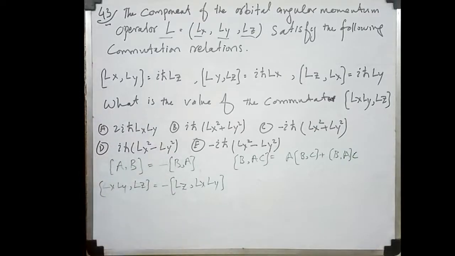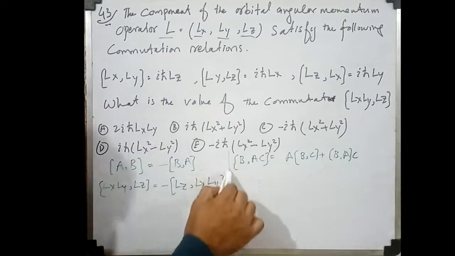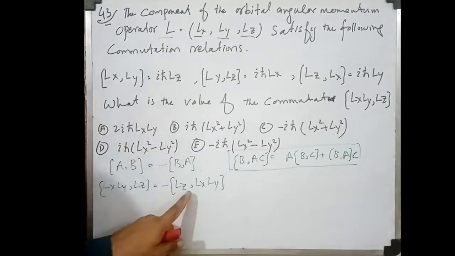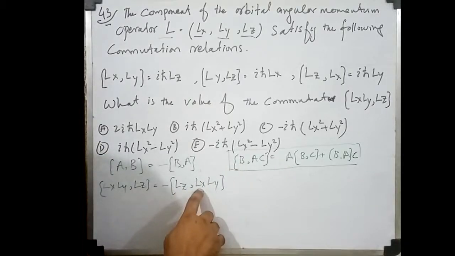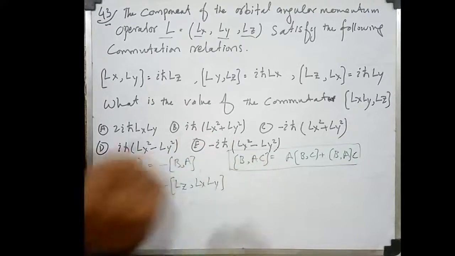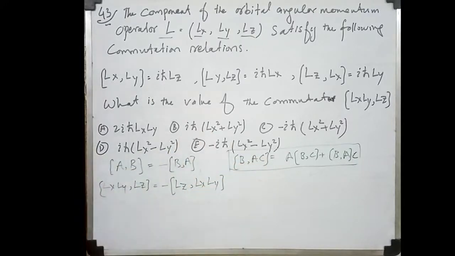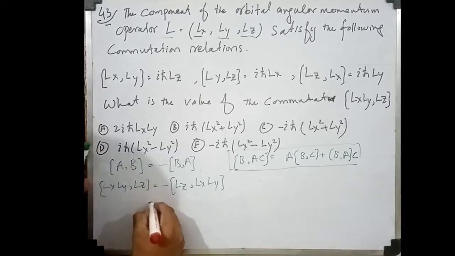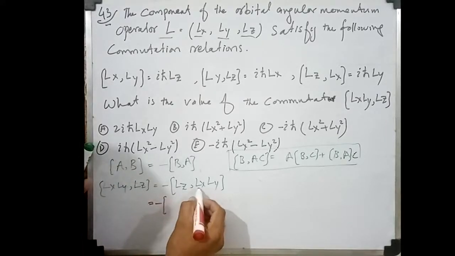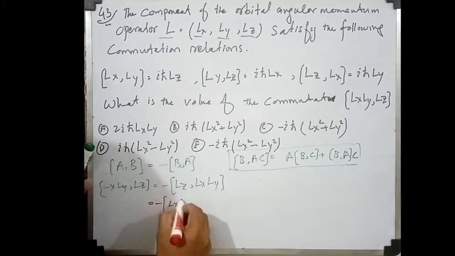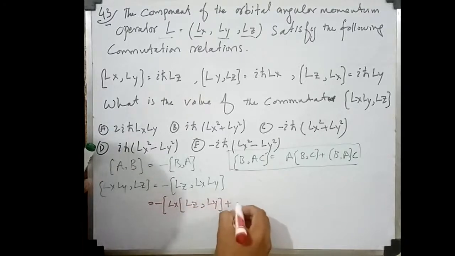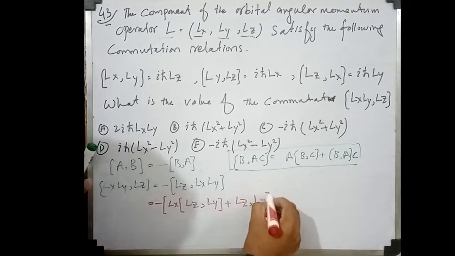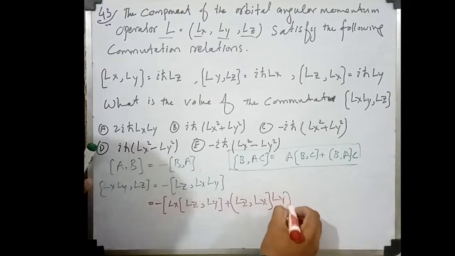So this is the next, second commutation relation, the general commutation relation. We will use this one to expand this. Here this is equal to B, and Lx is A, and Ly is C. So if we use this commutation relation, we can expand this commutation such that minus n2, this is Lx, A, so Lx n2 Lz commutation Ly plus, we can also write that Lz n2 commutation Lx n2 Ly,